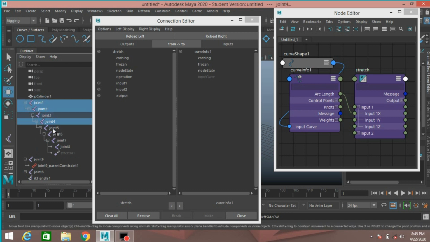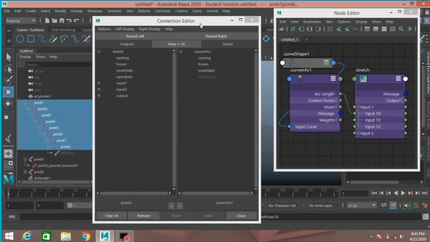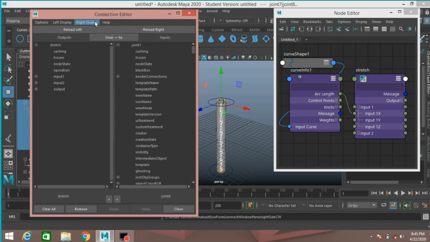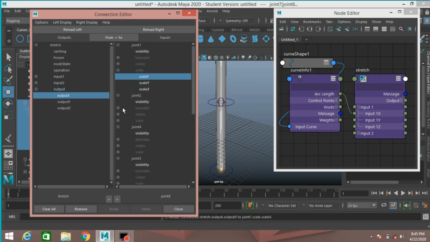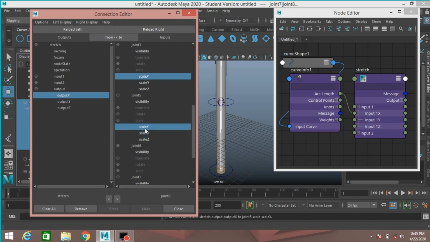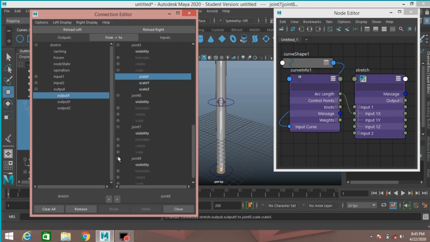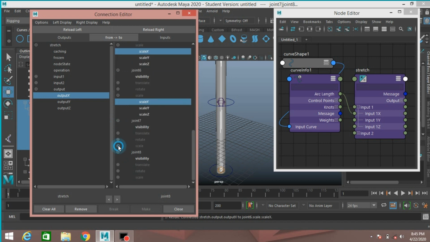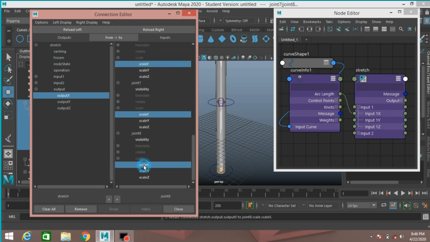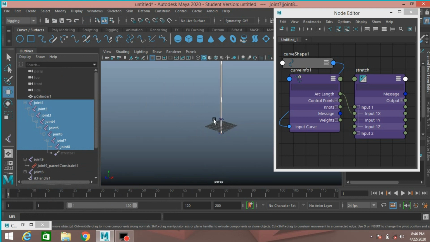Just control click and click reload right, display, deselect the show non-keyable and select output X to scale X, all the joints scale X, joint 2 scale X, scale X, scale X, scale X, and scale X. This will increase its height.